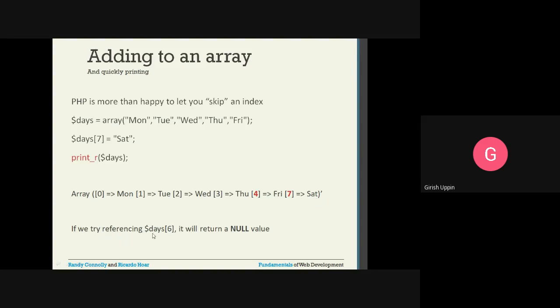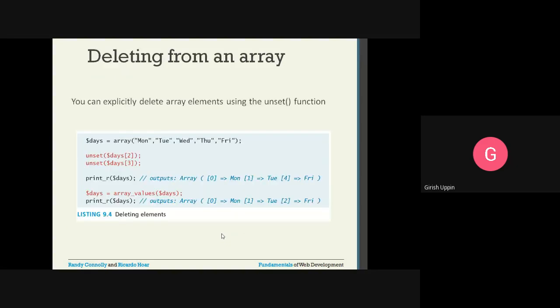If we try referencing $days[6], it will return a null value. So you have to be very careful to check the values before you do any kind of operation. If you try to do any operation on null, you might get an error. Maybe you will check that it is not null, so that some data is stored, and only then process that data.